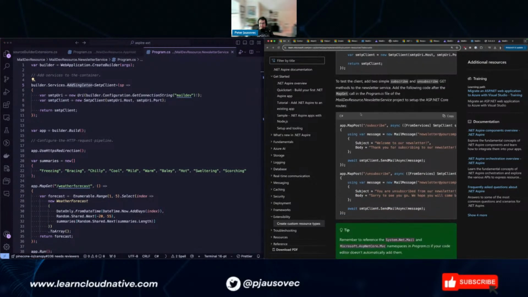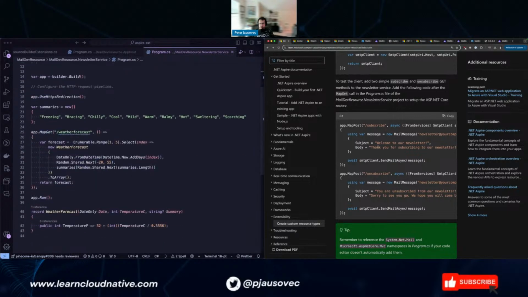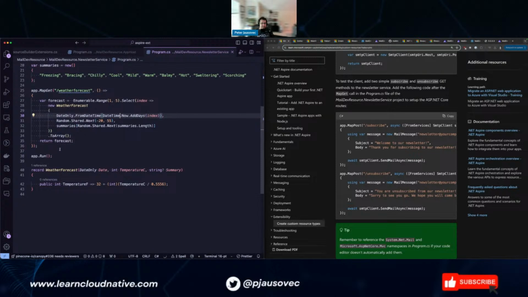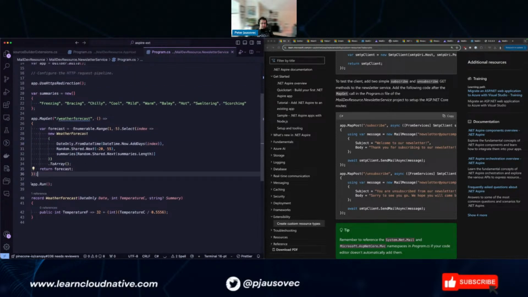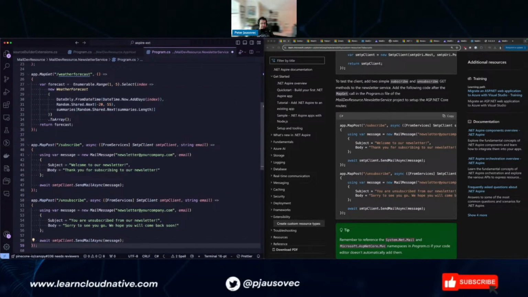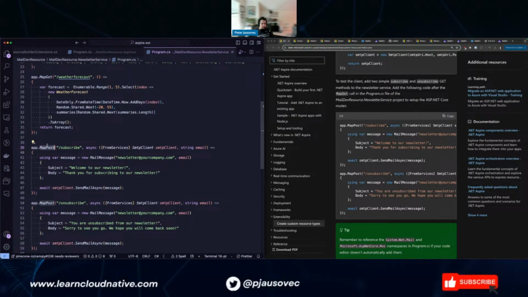What we'll do next, we will create subscribe and unsubscribe. So we'll add two methods. I'll leave this weather forecasting in, but I'll just paste these two, exposing a post on /subscribe. There you go. Last time I was going through .NET Aspire, when I was looking at it, I was trying to figure out how do